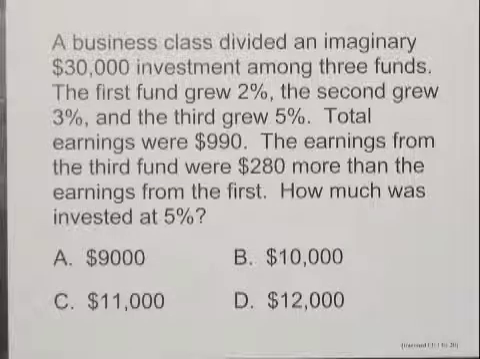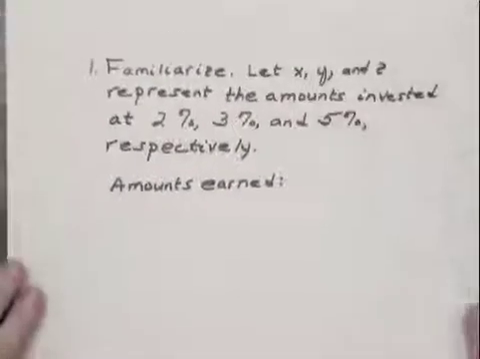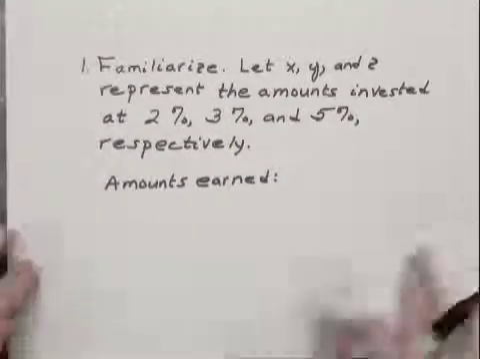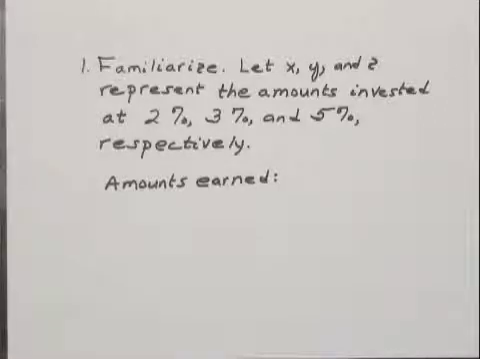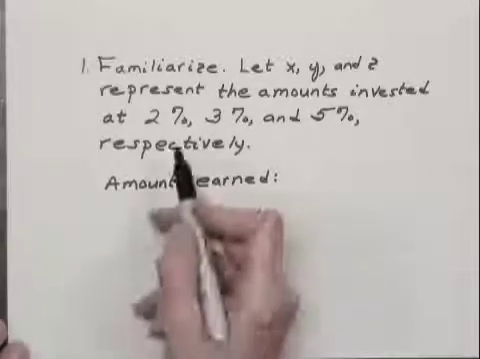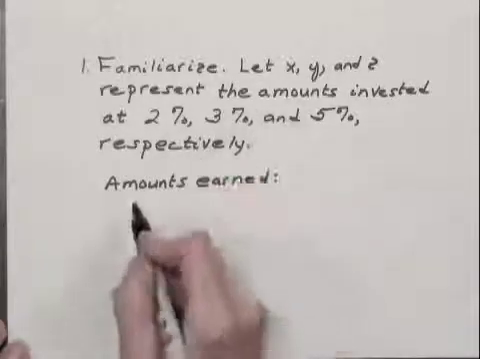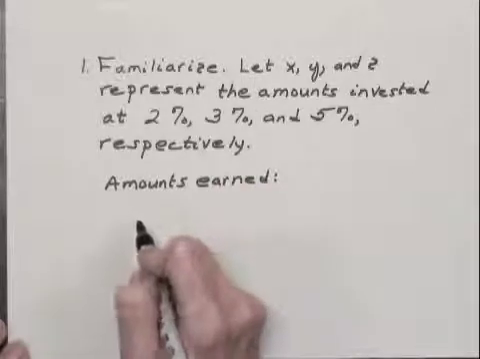Let's find the answer by going through the 5-step problem-solving process. We'll first familiarize ourselves with the problem. We'll let X, Y, and Z represent the amounts invested at 2%, 3%, and 5% respectively. Now, the amounts earned by these funds, the 2% investment will earn 2% of X, or if we express it in decimal notation,